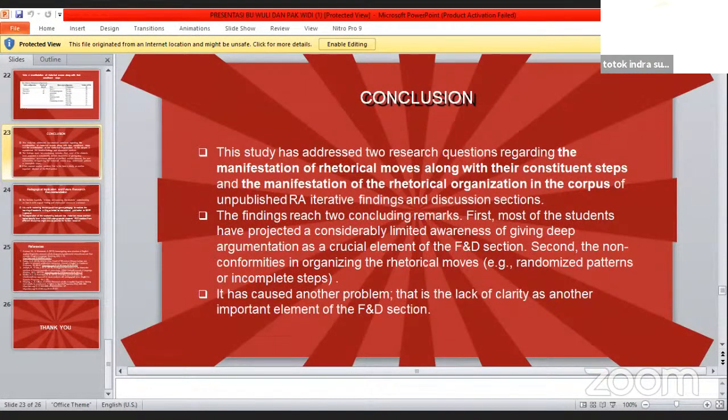Yeah, that is the conclusion. There are two conclusions of the research. The first is the manifestation of rhetorical moves along with the steps and the manifestation of rhetorical organization. The findings reached two concluding remarks. The first, most of the students have projected a considerably limited awareness. They have limited awareness of giving deep argumentation of crucial elements of the finding and discussion section. So most of the students still have limited awareness of using